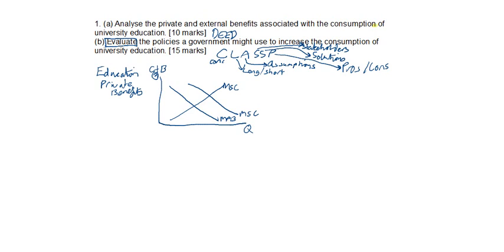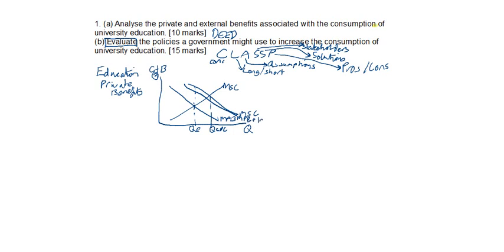So again, what we're trying to do is increase consumption because it has these positive externalities. So we're going from QE over to Q social, okay? And what we're trying to do, in this case with education, is try to actually increase the marginal private benefit. So remember, these are a bit like demand curves. So basically we're trying to increase how much education, so plus